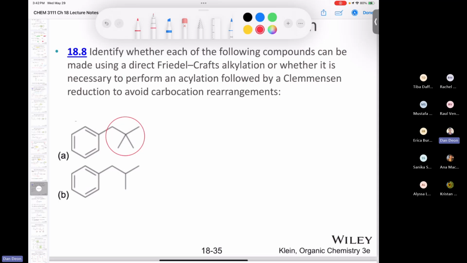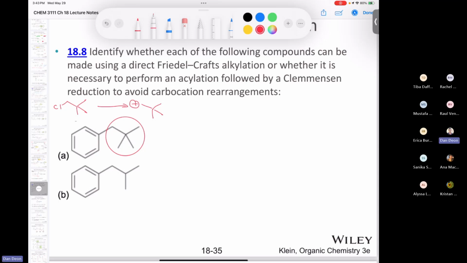So that means that we would need this alkyl halide, okay? So this would be our starting material. So 1, 2, 3, so you'd call this 1-chloro-2,2-dimethyl propane, I guess is what you would call this compound. However, we know that if you were to form a positive charge, right, on this carbon, okay, so let's just imagine you form that primary carbocation, that it's going to